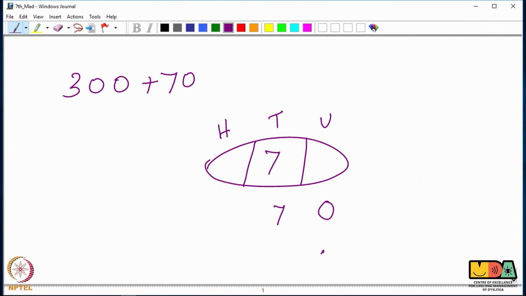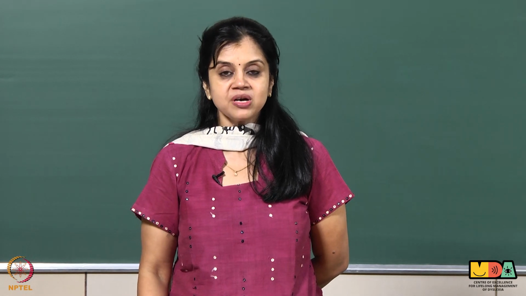Which is the next one? What will happen to the 3? It will go and sit inside the house, but we can't leave any house empty. So, what should I fill this up with? 0. So, my final answer is this, 370. But when you give instructions to children, please make sure that you tell them to take the number other than 0 to the house right above them and not to the other ones that they see on the right side or on the left side.